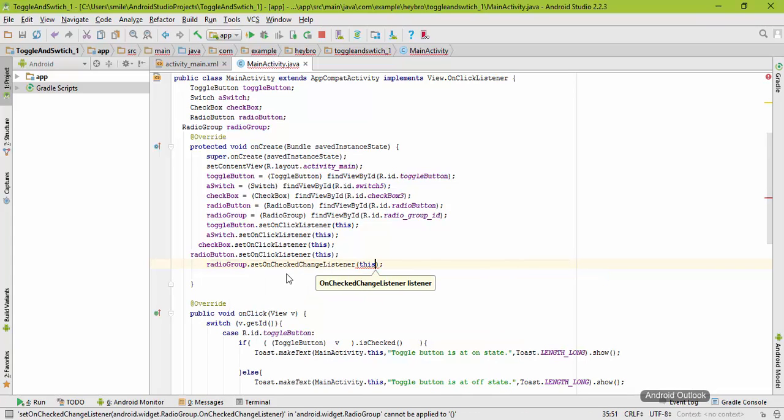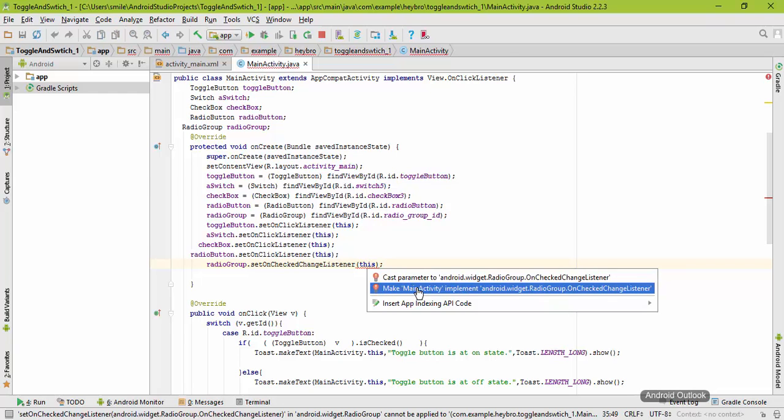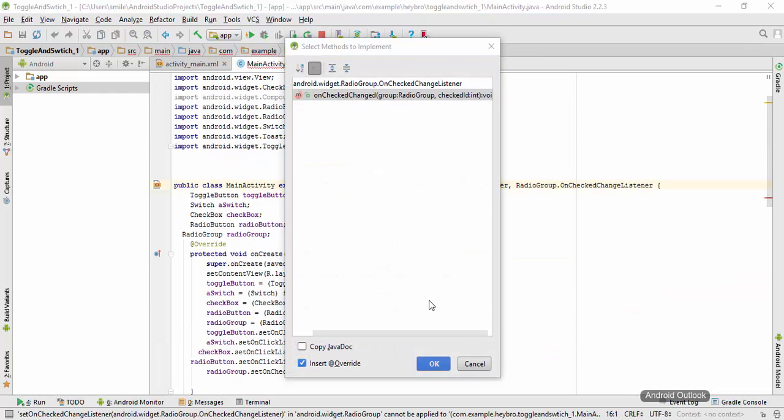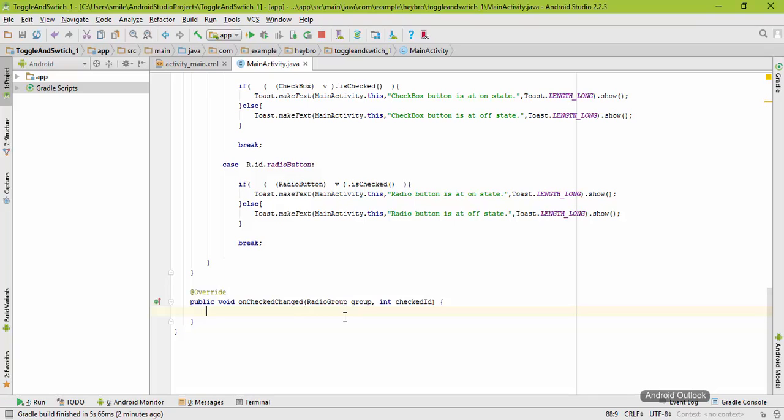So I just can pass this, and we need to implement the OnCheckedChangeListener. Oops, sorry. So actually we need to implement this OnCheckedChangeListener, and we have to override this method called onCheckedChanged, right? So hit OK, and inside here we need to have the switch case, and we can just get this ID called checkedId and pass it here,